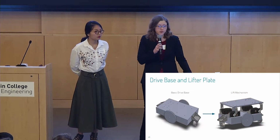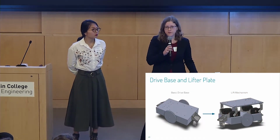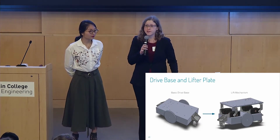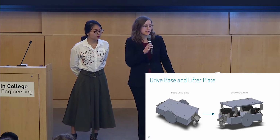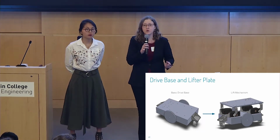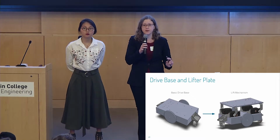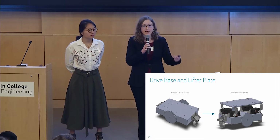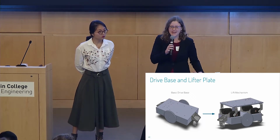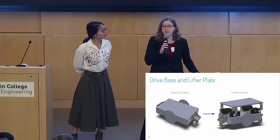In terms of hardware, we started with a simple off-the-shelf drive base and modified it to drive with 2 wheels. The reason we chose to do this is because we like the original drive base for its compact footprint, and by making it a 2-wheel drive, we were able to give it the ability to spin in place accurately and without losing position. We put some thought into how to store and manipulate the totes, and we decided to follow